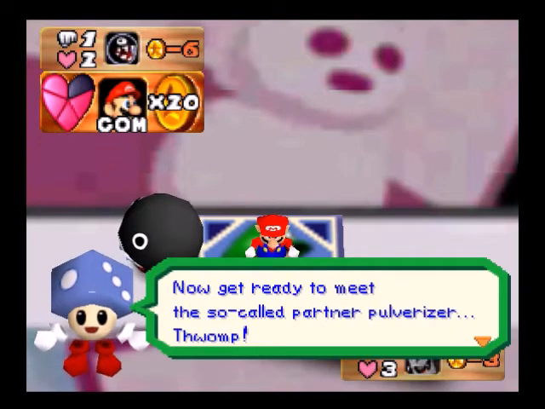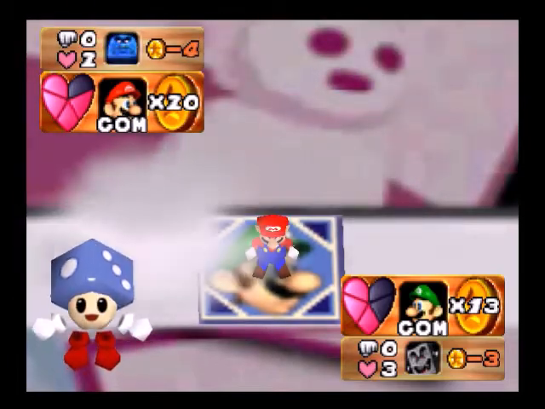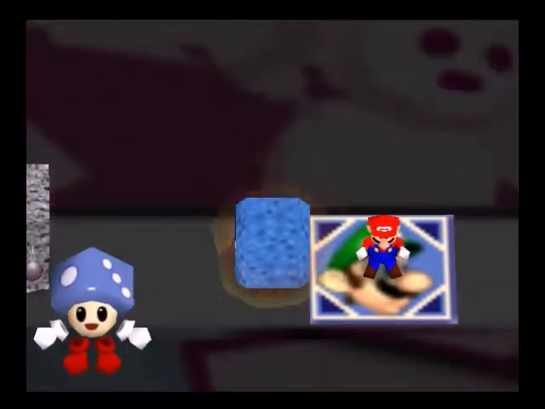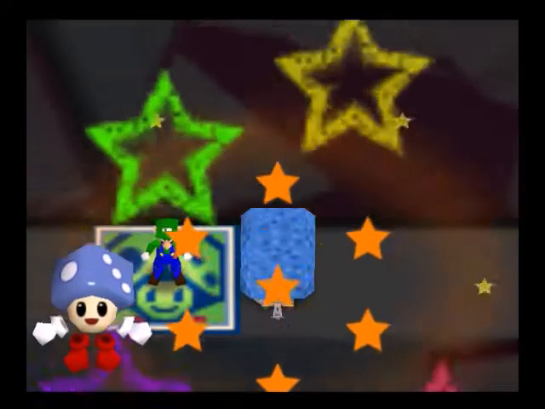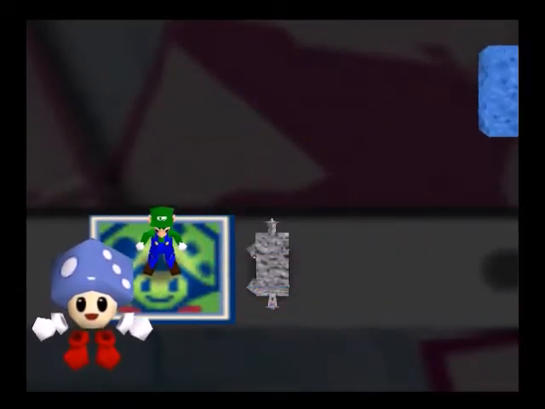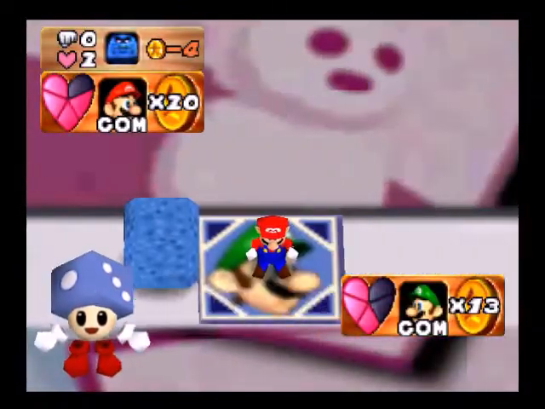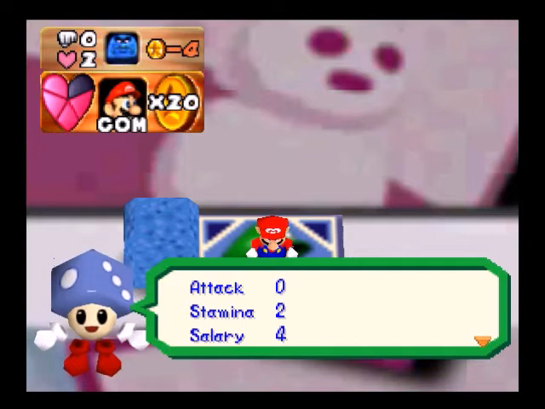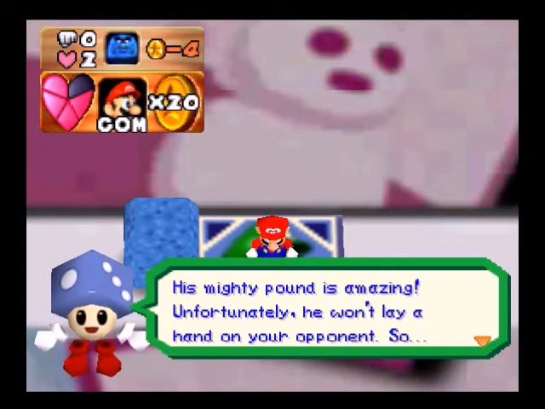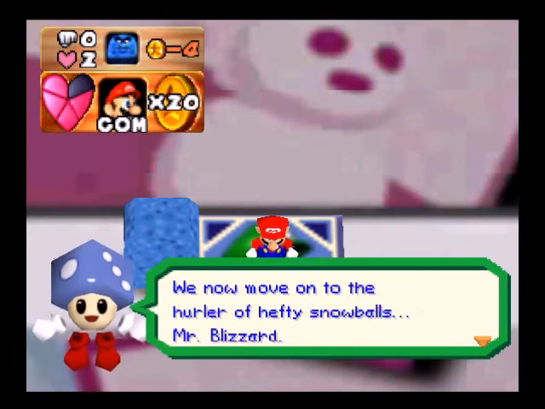Now get ready to meet the so-called partner pulverizer, Thwomp. Brr! He can take out any partner with a single blow. Here's how his ratings stack up. Attack 0, Stamina 2, Salary 4. His mighty pound is amazing. Unfortunately, he won't lay a hand on your opponent, so...